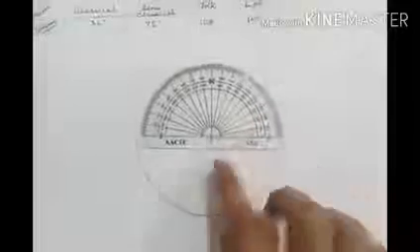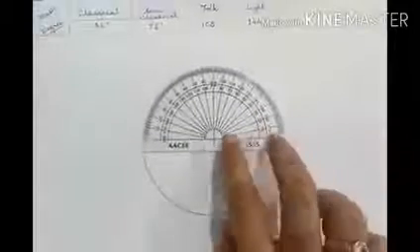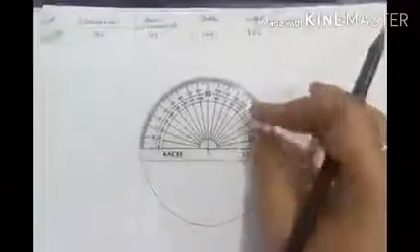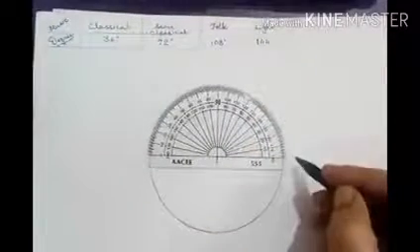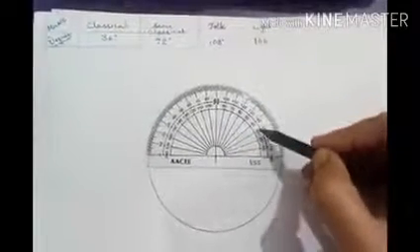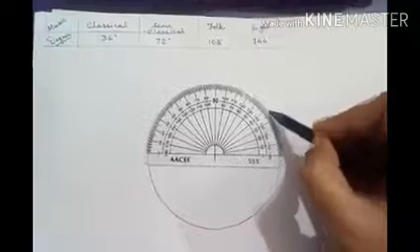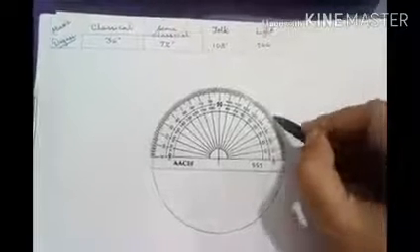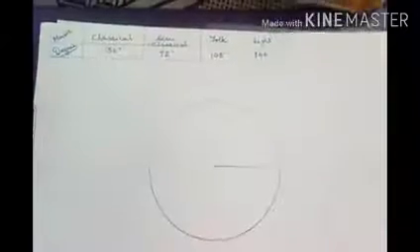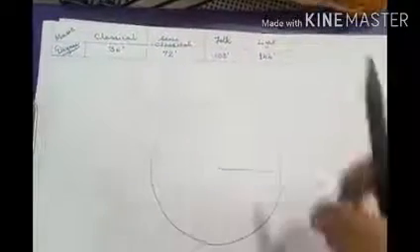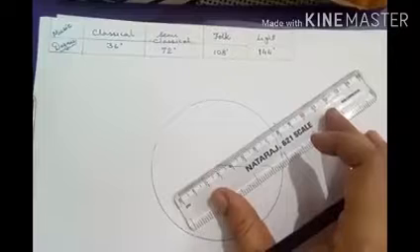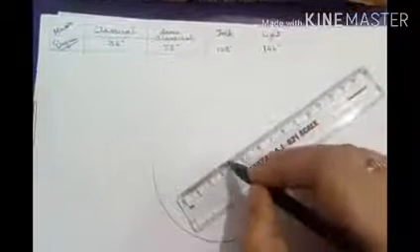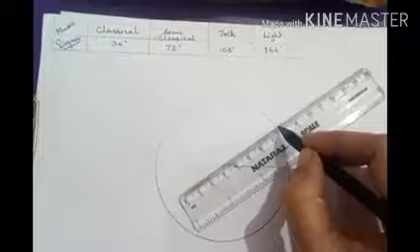So we'll place a protractor. The center should correspond with the center of the circle and the line should be on the line. Now after putting it properly, the first degree we'll mark is 36 degrees. So this is 30, this is 35 and 36 degrees. After marking 36 degrees, we will remove it, and with the help of our scale we'll draw the second radius.